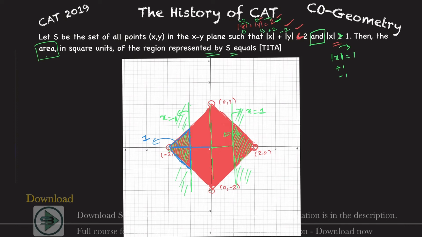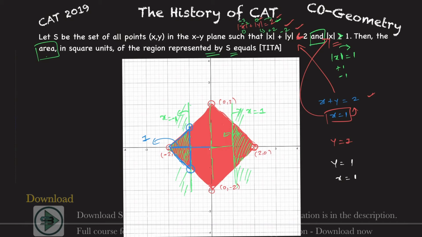And what is base? What is base equal to here? Intersection point of both of them. And what is that equal to? So this is x equals 1. If you put x as 1, y will be equal to 1. See, you have x plus y equals 2, and this is x equals 1, right? This is the second one, x equals 1, and this is the first one, x plus y equals 2. So if I substitute x as 1, y will be equal to 1, and if I put y equal to 1, x will again be equal to 1.